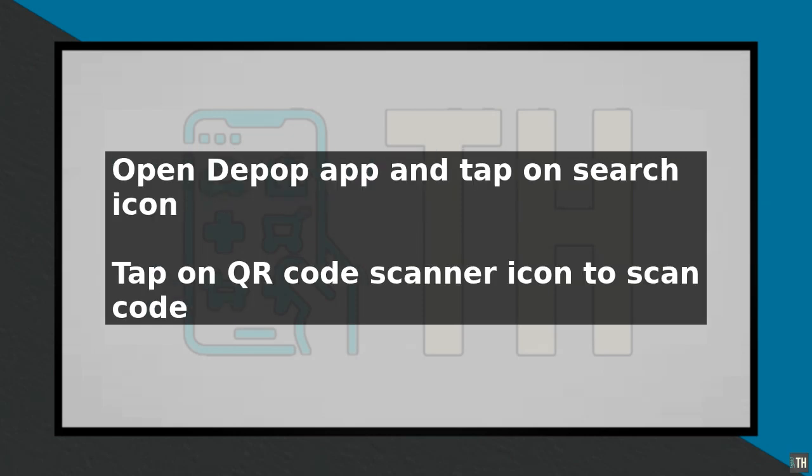To scan a Depop QR code, open the Depop app and tap on the search icon. Then, tap on the QR code scanner icon, which is usually represented by a camera. Point your camera at the QR code, and the app will automatically scan it and redirect you to the associated